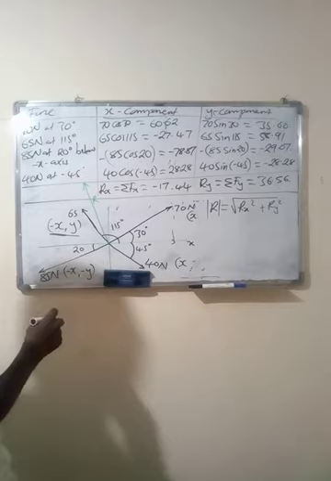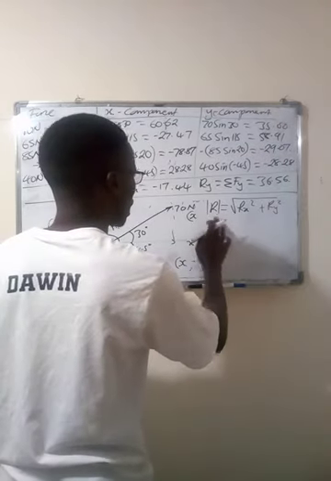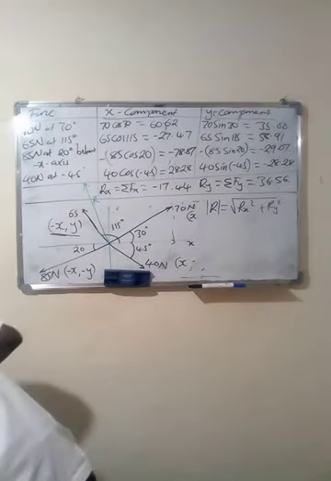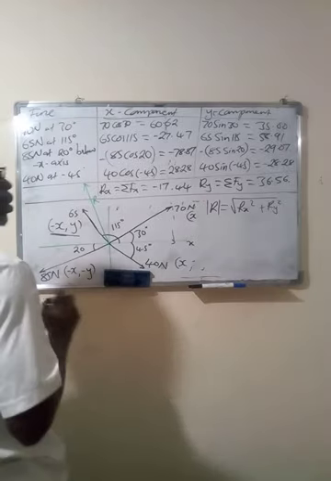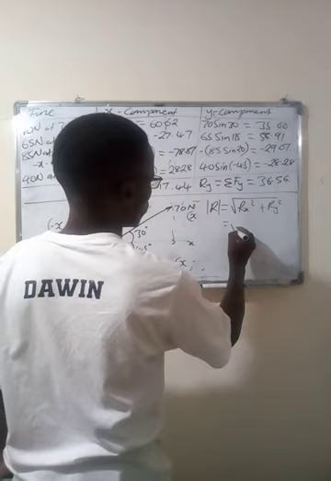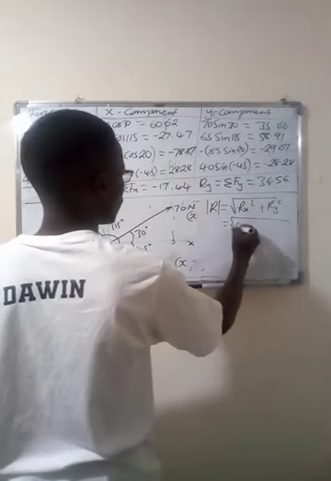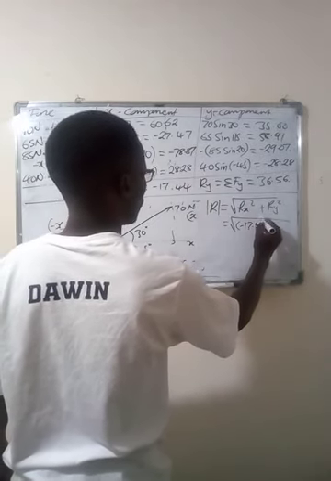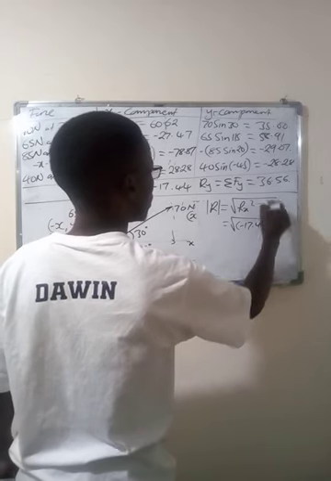Okay, so I should be finishing soon. This is then going to be equal to the root of negative 17.44 squared